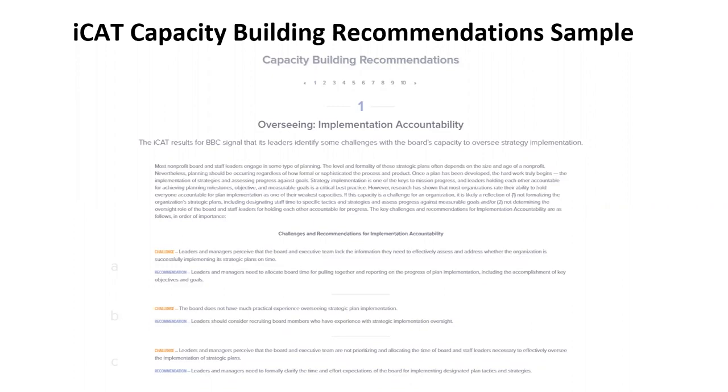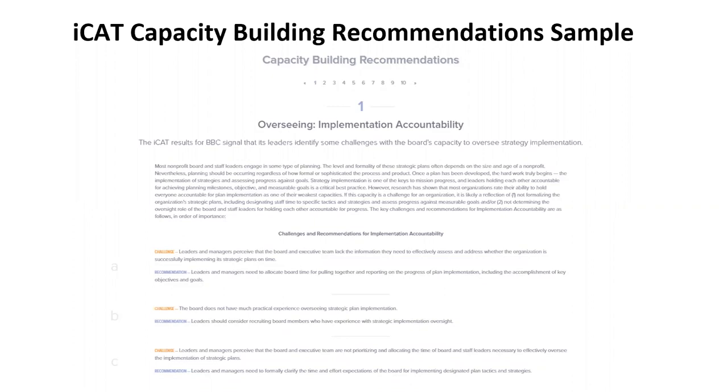Challenge B is a sub-bullet on this overall recommendation: the board does not have much practical experience overseeing strategic plan implementation. So we have both a lack of information and a lack of practical experience. Those require different responses and different recommendations.